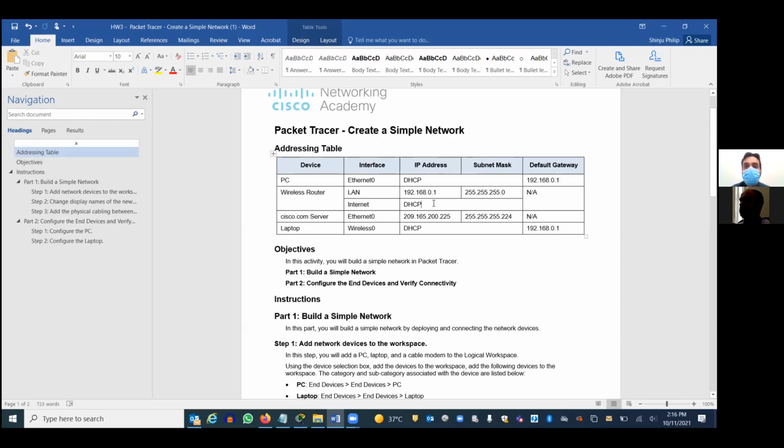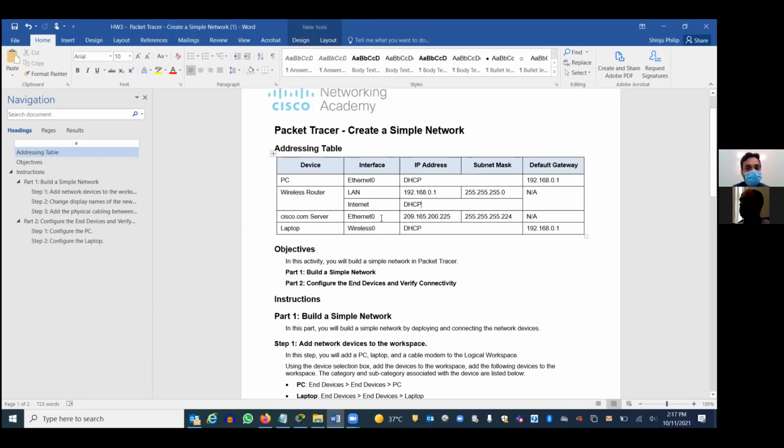What service is going to run on the wireless router? We can enable a service called DHCP, which I will show you in a while. And what is the range of IP addresses you are using? 192.168.0.1, and the subnet mask will be 255.255.255.0, which is a class C network. Since your wireless router is your gateway, you don't have to specify the gateway. If you're using any other device, you have to specify the gateway. You have to point out that this is the gateway, right?